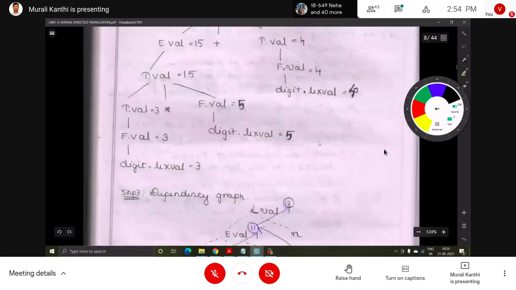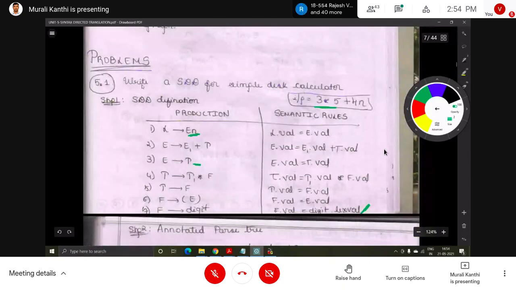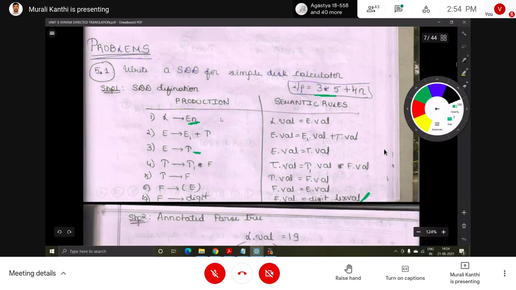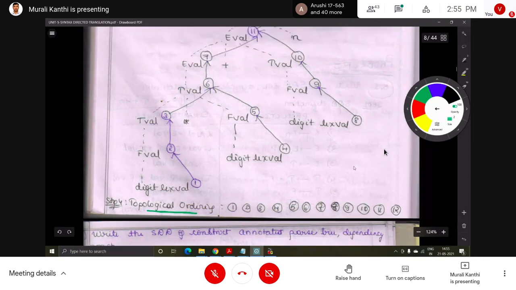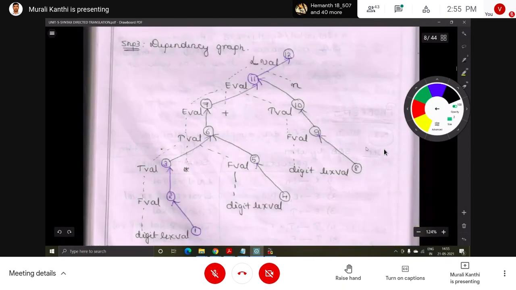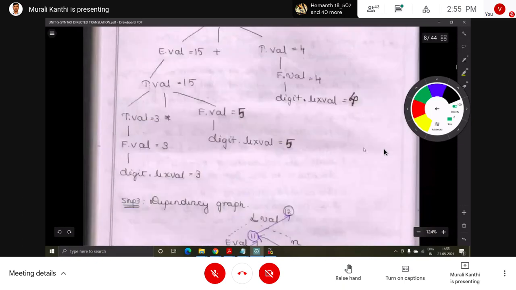So if you get this kind of question, write the syntax directed definition for a simple desk calculator for the given expression, you should write step 1, step 2, step 3, and finally step 4 is the topological ordering.